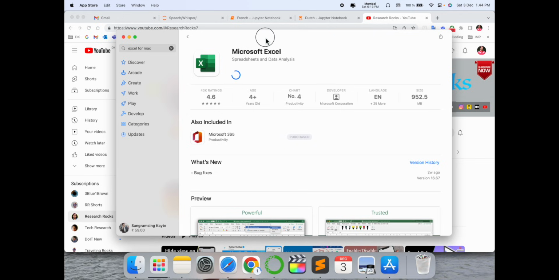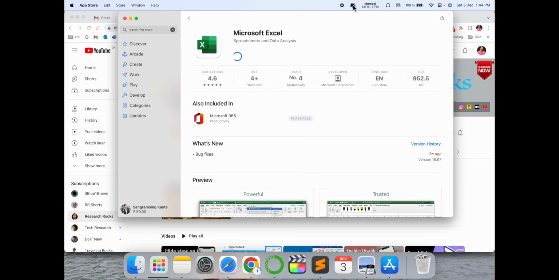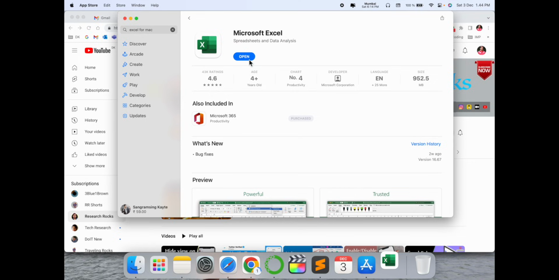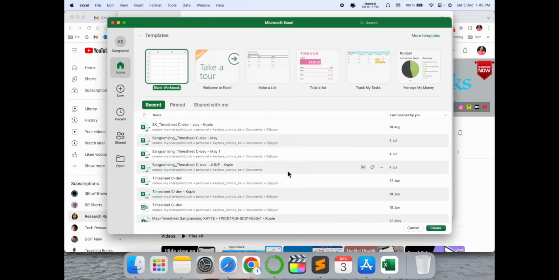Now wait a couple of seconds here. I will also provide you information on how to open and how to use Excel. Look at this, installation is done. I just simply open it here, start using Excel,